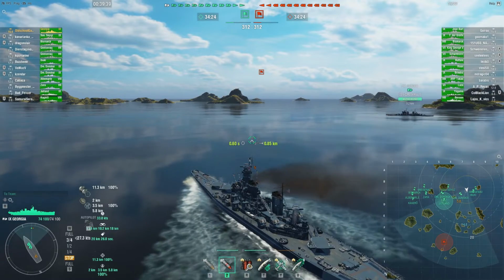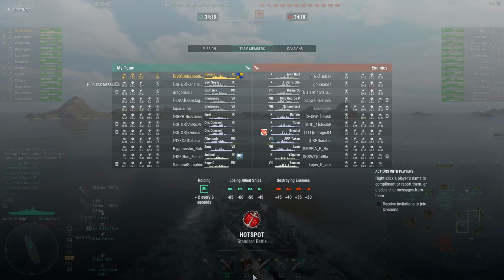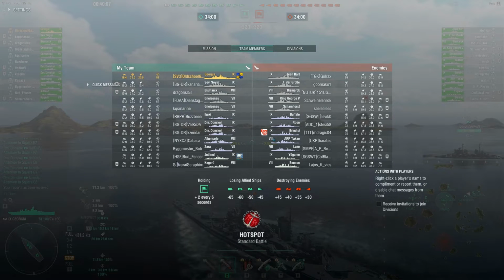And this is my first game in this ship. And we are top tier, so that's always good, a good start. And it's a hotspot and it's a standard battle. So I'm just looking at the team list here, looking at the different divisions. I see that there is a radar cruiser Baltimore teamed up with a Yugumo, which is a good choice for 3-cap domination games. Not so much for standard battles maybe, but